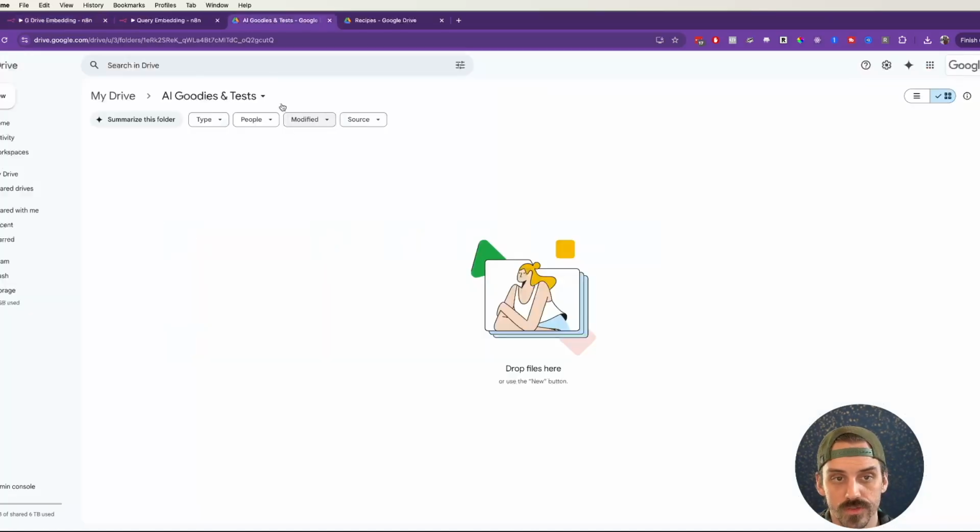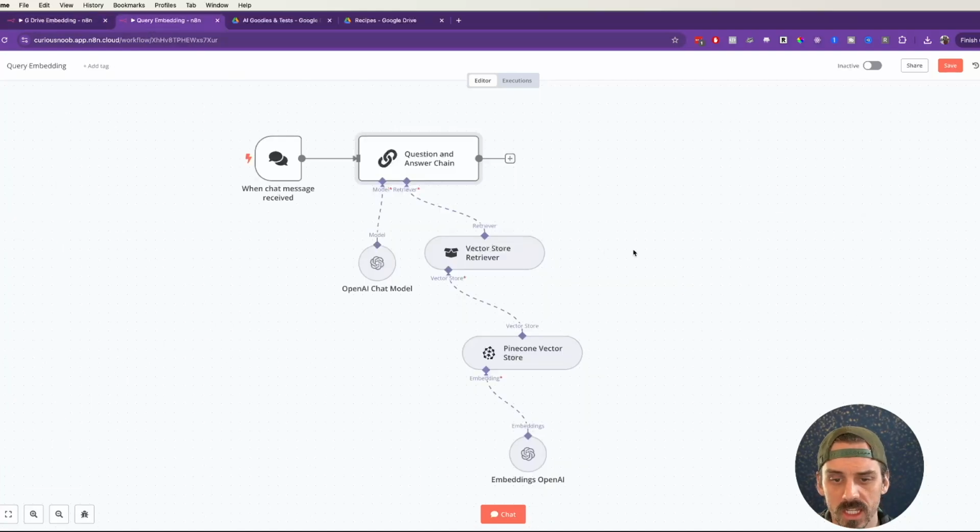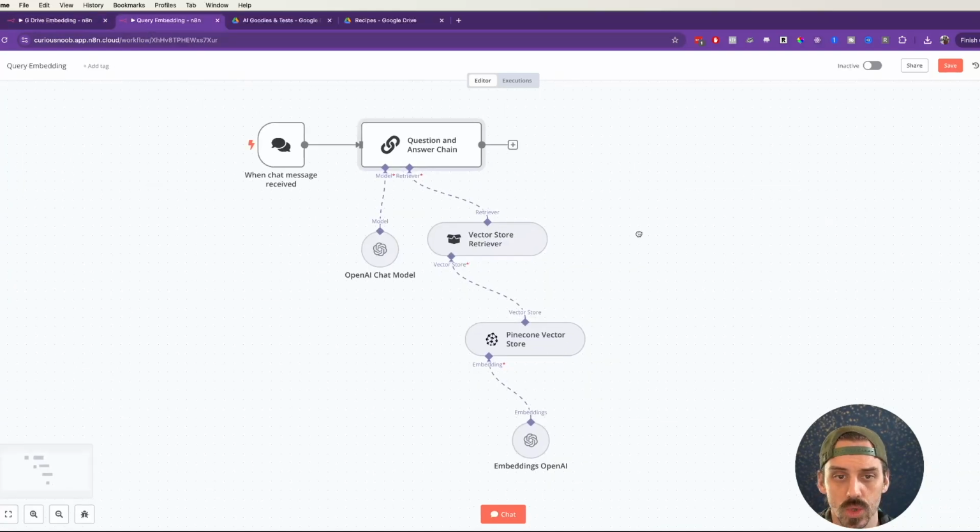We're going to be using this folder, and I'm going to show you how to configure this in a second. But anytime a file gets created in this folder, it's going to go out, download the file, and store it in our AI database. That's the first piece. The second piece is we're going to create a little chatbot that allows us to ask